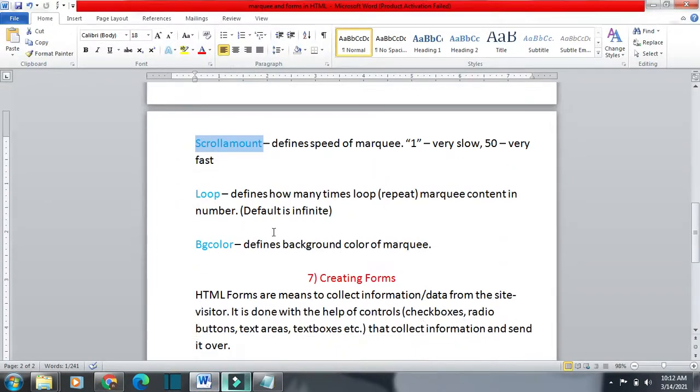Next is loop. Loop defines how many times the marquee should repeat. Here you can see, if I do not give loop, by default it is infinite. It will go on and on forever. Again it will come from here, again it will come here.